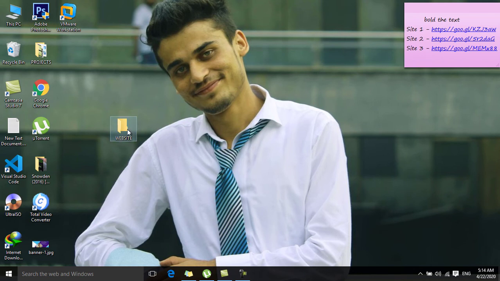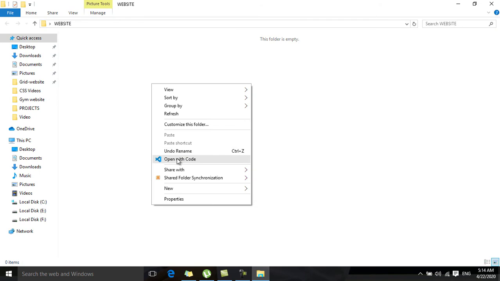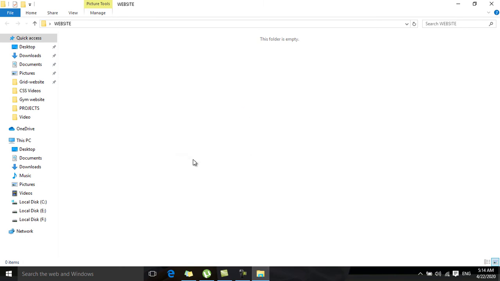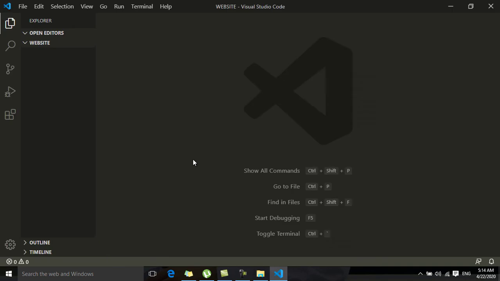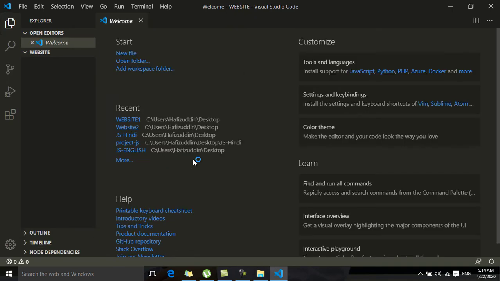Okay, and I will open this website folder, and here I will right click and select open with Code because I have the Microsoft Visual Studio text editor. So you can do it with Notepad, Notepad++ or any other text editor. So I'll just simply click here and open my Visual Studio in order to access this folder inside my Visual Studio. So here you can see my website folder is here, and I will